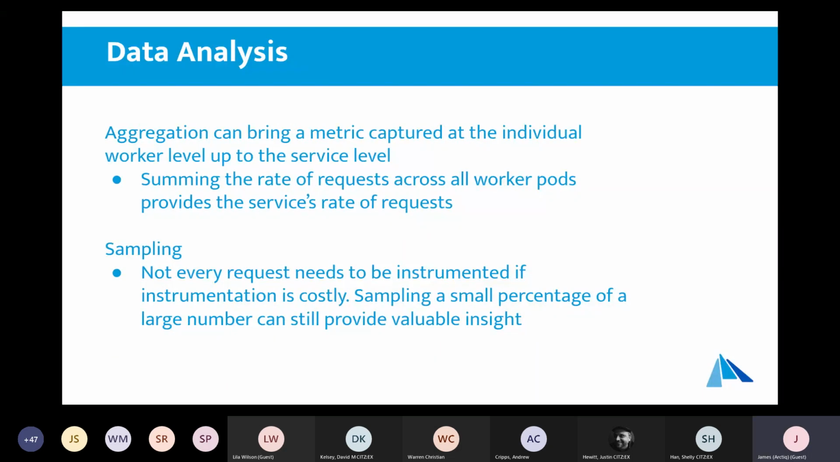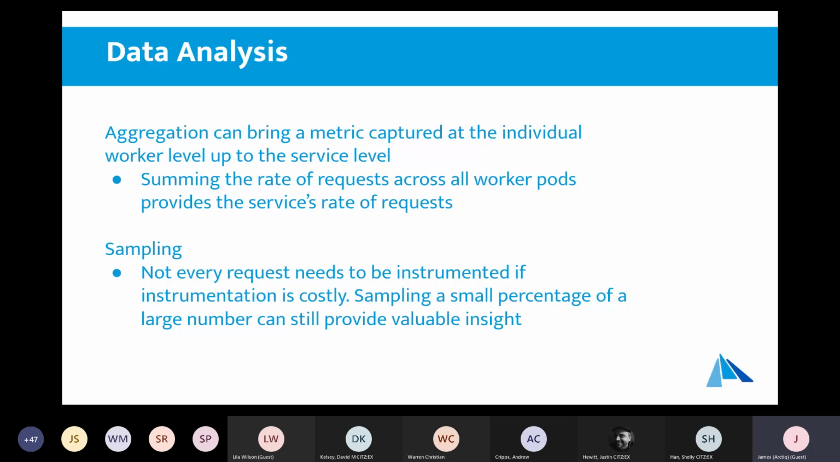Another way to add value is to use aggregation. That would be summing and averaging metrics across a whole bunch of different components. If we had a pool of worker nodes processing requests, and we want to know what the service total is, we can just sum the number of requests per worker to give us a total for the entire service, or you could average the request time across all the worker pods, and that would give us an average service